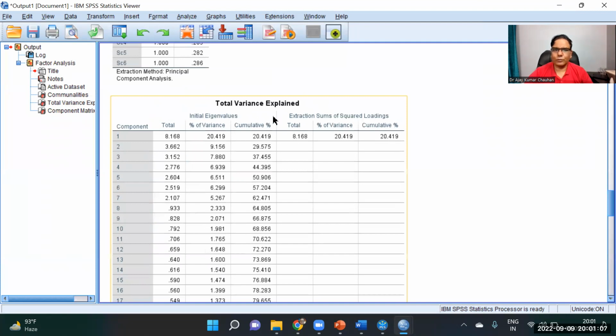In the table Total Variance Explained, if this value is less than 50%, it means your data is free from biasness. I repeat, if this cumulative loading value is less than 50%, it means your data is free from common method bias. So in this way, we can check all the assumptions,